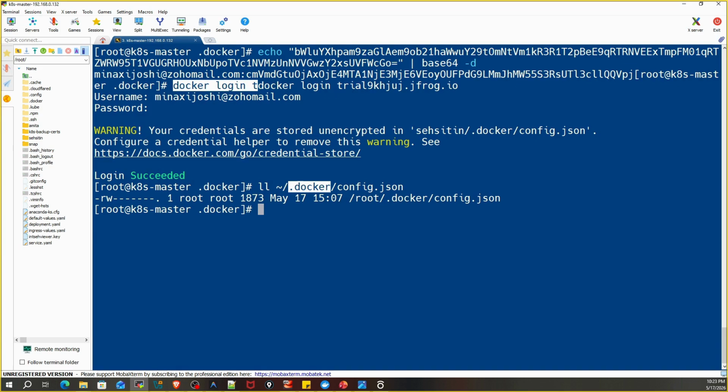But here is the important real world concept. In real organizations, multiple teams share the same server or Kubernetes node. So we don't want anyone mixing up credentials. We isolate them per team or per namespace.